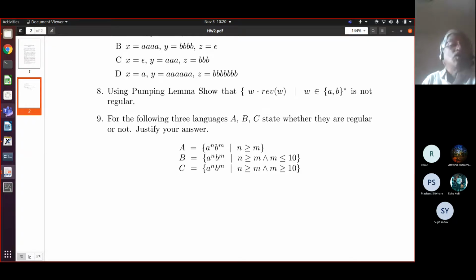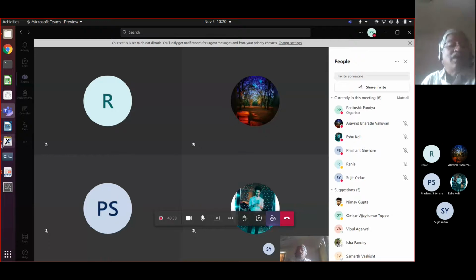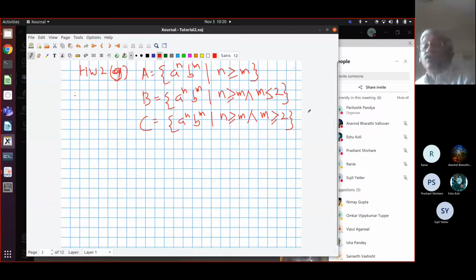So who have we got in the class? I have written those languages here also. So anybody wants to have a go? Tell me whether the first language is regular or not. What do you think, Rani? Yes, sir. Is it regular or not? It's not regular. I have not asked you in this question, but if you have to prove it, how would you prove it is not regular? Sir, using the pumping lemma. Right.